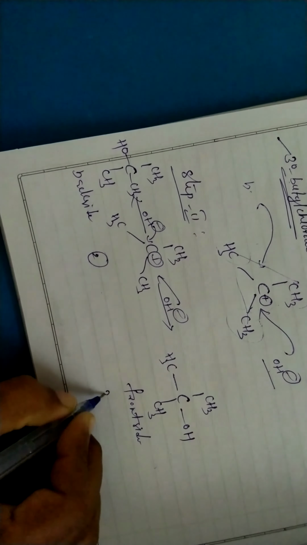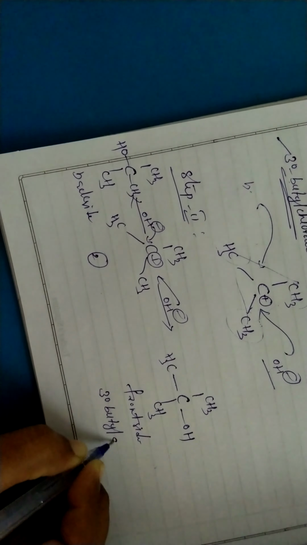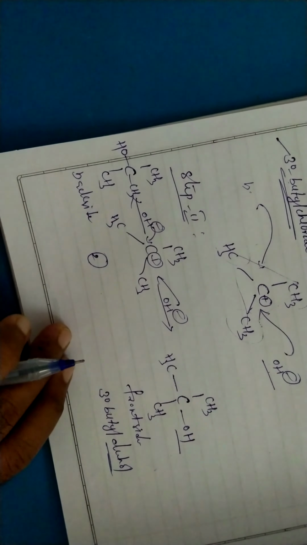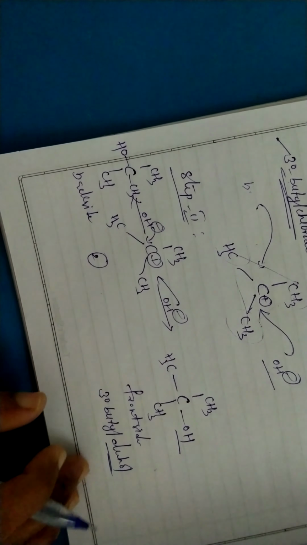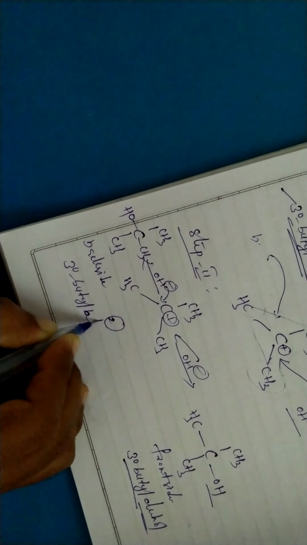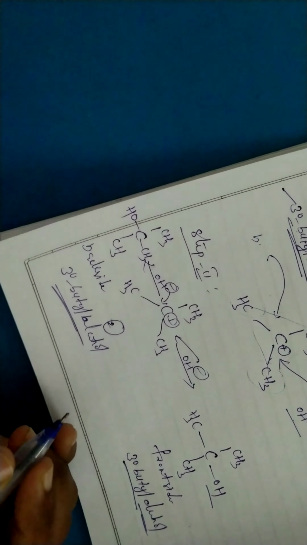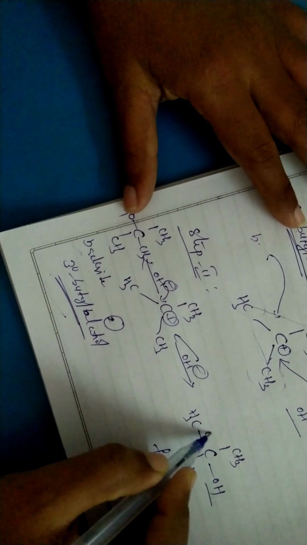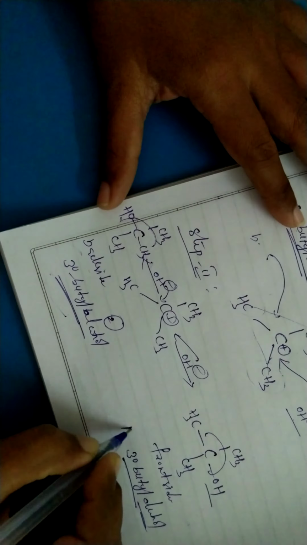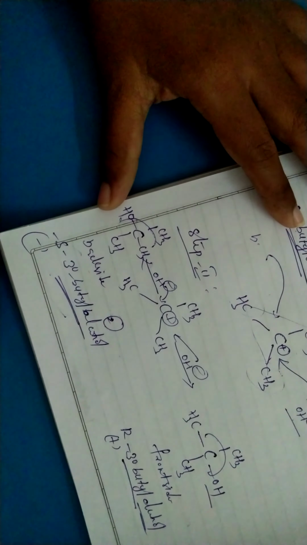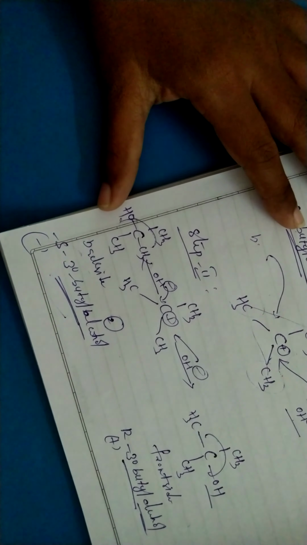We can name it as tertiary butyl alcohol. Why? Because if the OH functional group is there, according to IUPAC nomenclature, the name will be the OL, that is alcohol. OH functional group is alcohol. It is tertiary butyl alcohol. It is also tertiary butyl alcohol only, but the difference is if you go to the stereochemistry, it may be R, it may be S. It is R, it is S. Okay, or it may be plus or it may be minus. That means we are getting two different types of enantiomers.